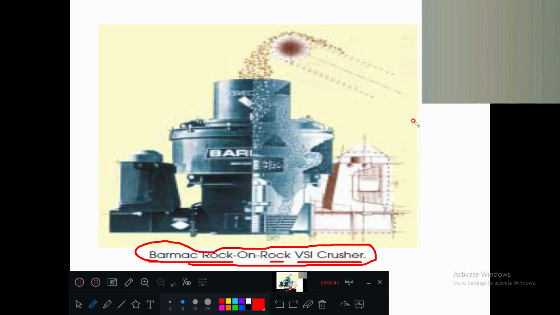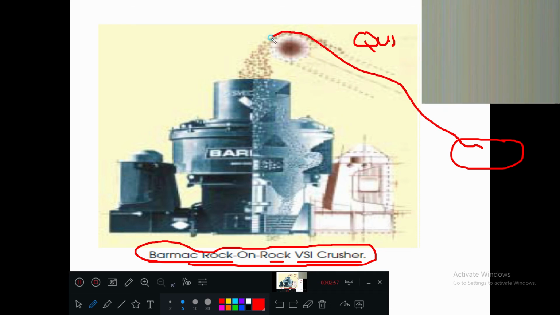From the point at the top, the quarry material is fed. The quarry means the rocks are cut from the sides, taken from there, and they roll and fall here. This is the feeding point. Inside, there are crushing blades and crushing jaws.